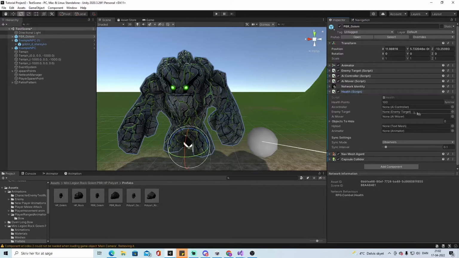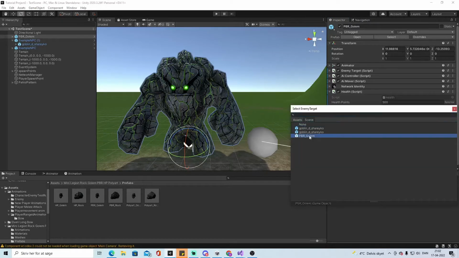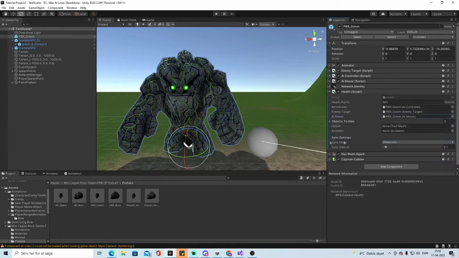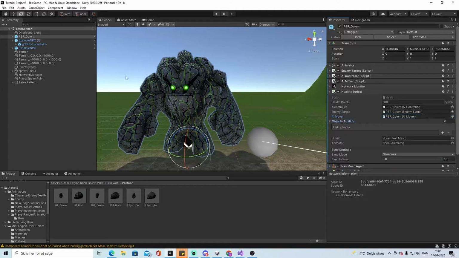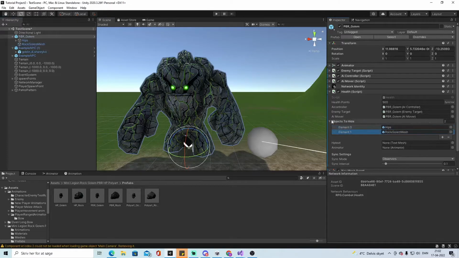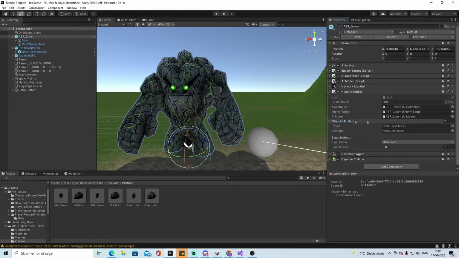Then I go to the health script. I set the health to 500, and I put the AI controller in and the enemy target and the AI mover. And I forgot to do the health mesh and the animator for some weird reason. I put in the hips and I put in the rock golem mesh. Then I go to the AI mover